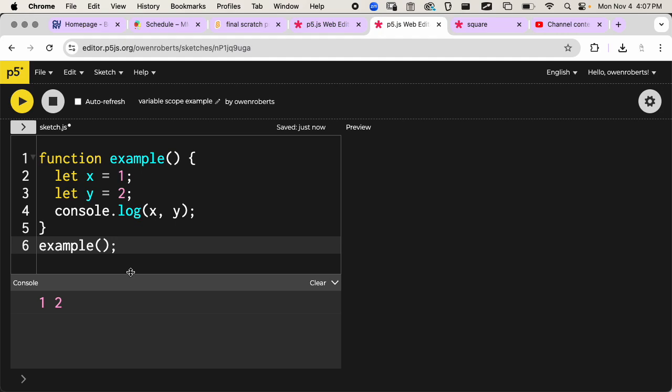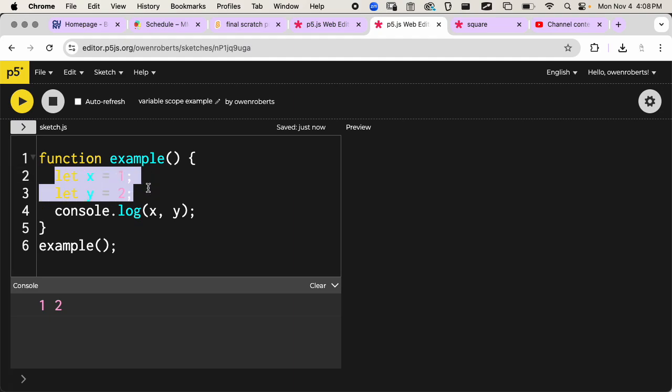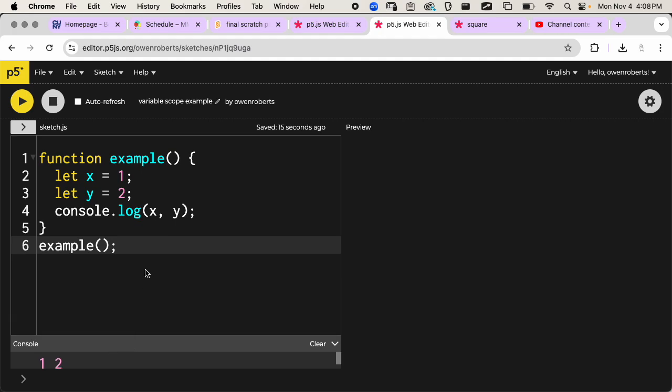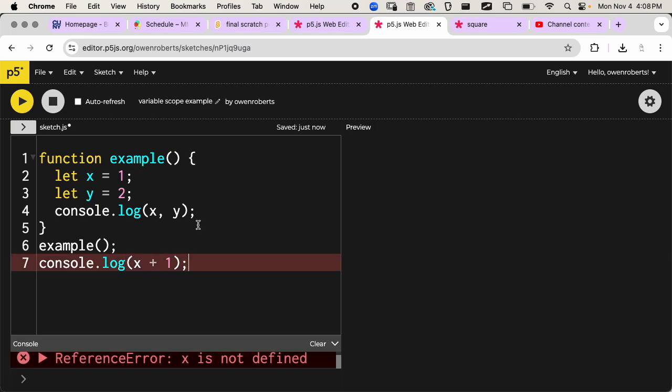So there we see 1 and 2. So this function has run. We've declared the variables, we've given them values, and then we logged those values out to the console. So all of that works perfectly well. The problem is if we want to use these variables anywhere else. So let's imagine that after I run this code, I want to do something with x. So let's console.log. Let's say I want to add to x. So I'm going to say x plus 1. And if I run this code,